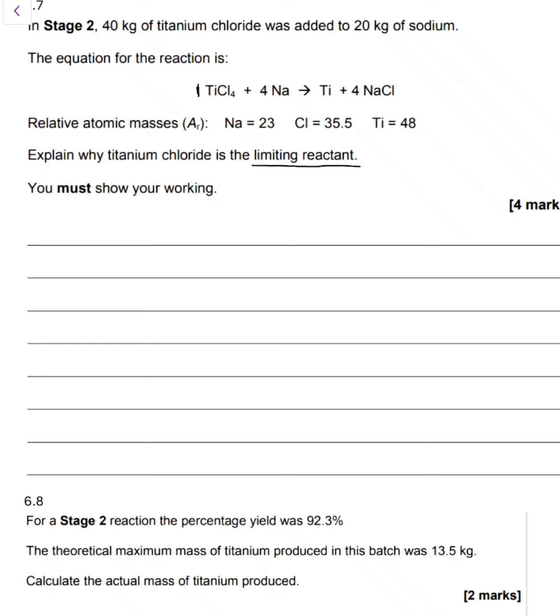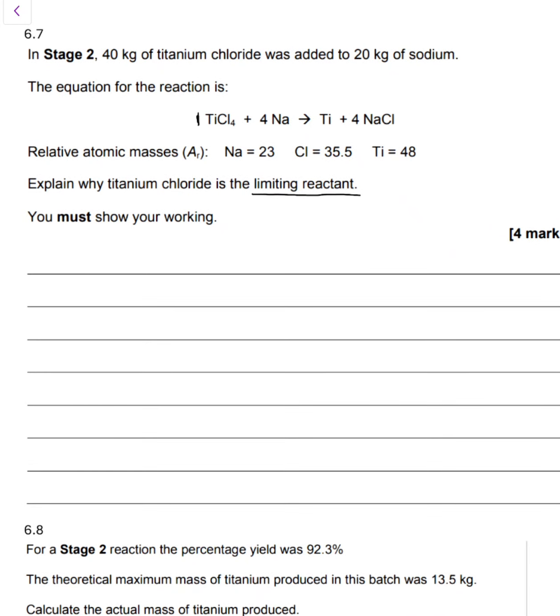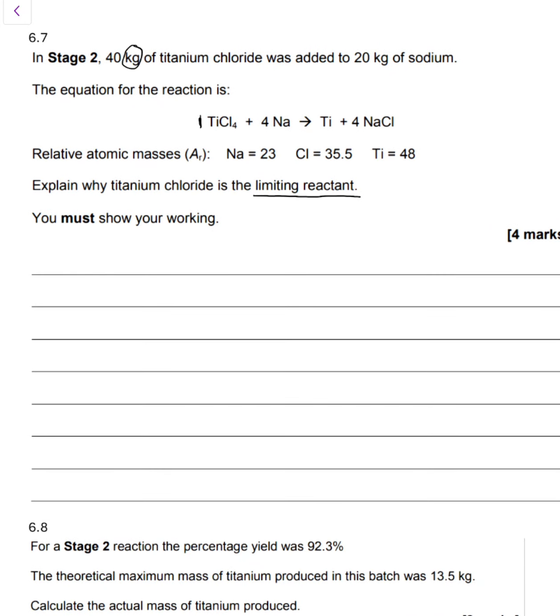We're given 40 kilograms. Now, straight away, we have got a warning flag here. This is in kilograms. This is not physics. This is chemistry. We do not work in kilograms in chemistry. We work in grams. Straight away, you could lose 2 marks for not doing the conversions. So we're going to lay this out in a very, very specific way. We're going to write down here